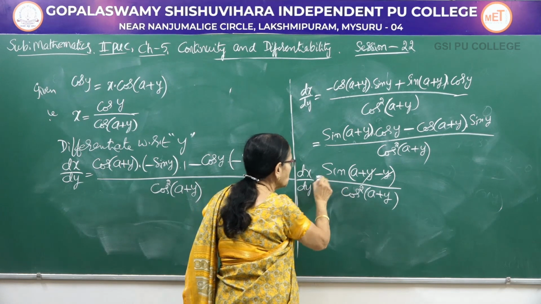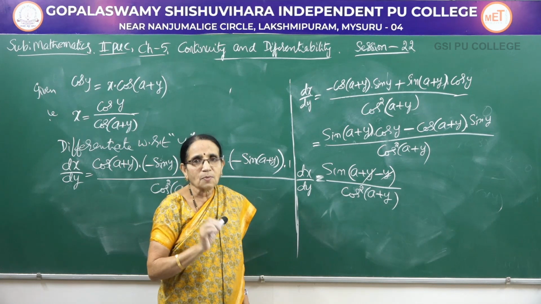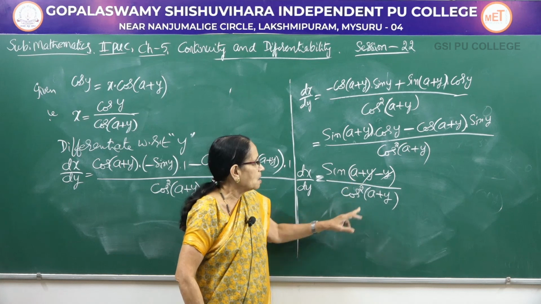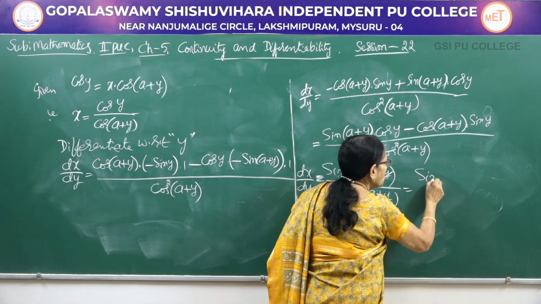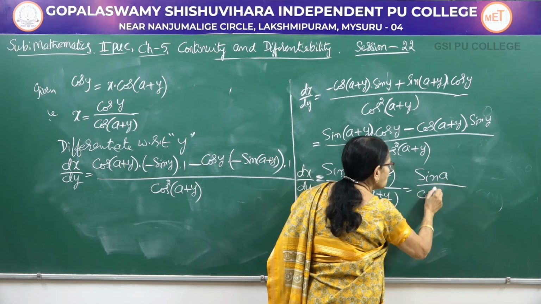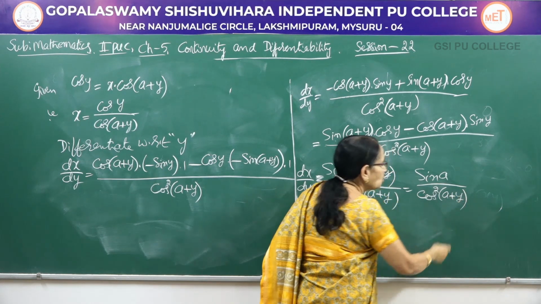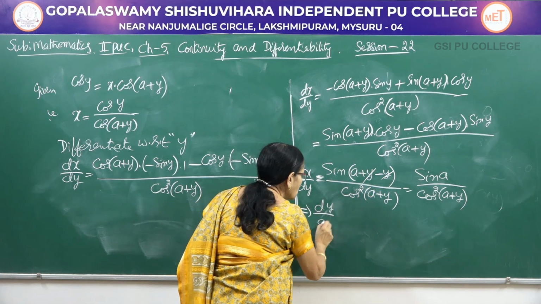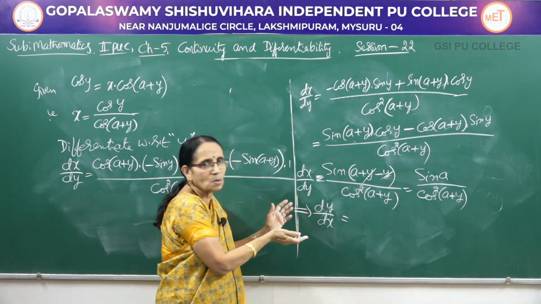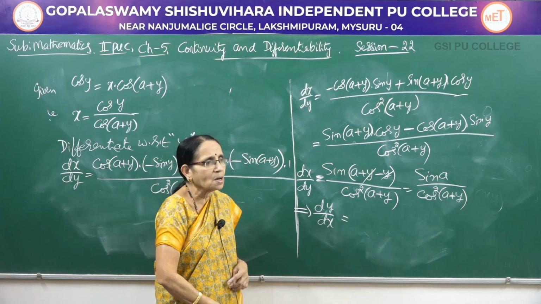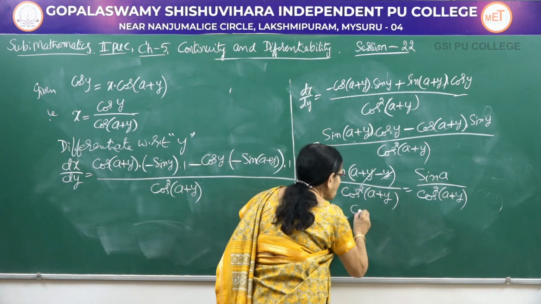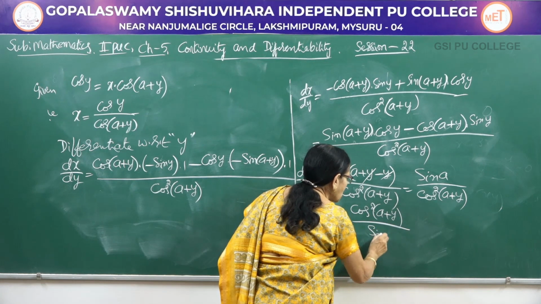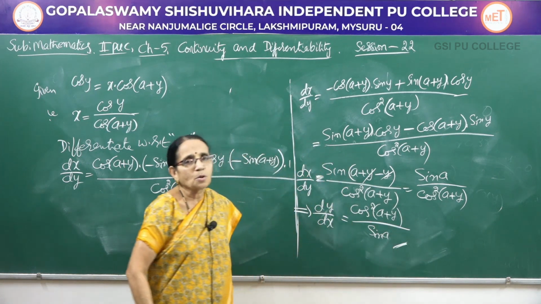But all these, now it is equal to dx by dy. But what we wanted was dy by dx. And what is remaining? Sin a and cos square, right? One more step here. It is sin a divided by cos square of a plus y. Now what was the answer we wanted? We wanted dy by dx. So what you have to do? Take the reciprocal. Dx by dy will become dy by dx. Numerator and denominator, they get interchanged. So you write it as cos square of a plus y, whole thing divided by sin a. Okay. So this is how you have to get the result.